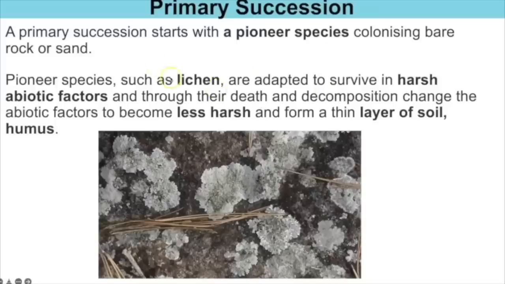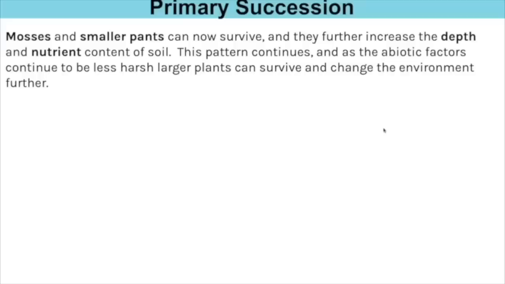And the pioneer species, such as lichen, are adapted to survive in harsh abiotic factors. And through their death and decomposition, they change the abiotic factors to become less harsh, and this forms a thin layer of soil, which we call humus. Mosses and smaller plants are now able to survive in that area, and they further increase the depth and nutrient